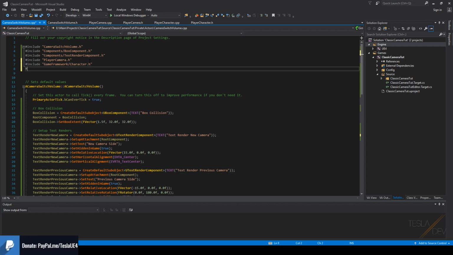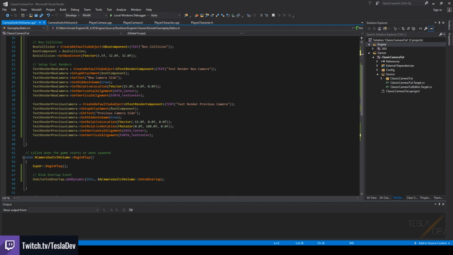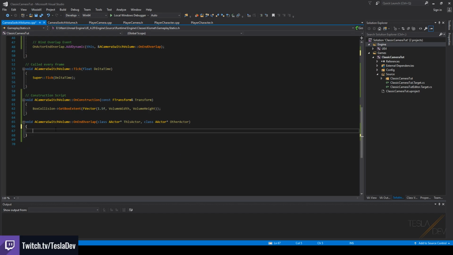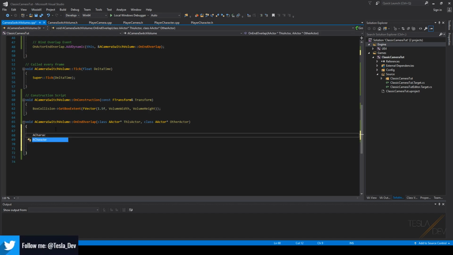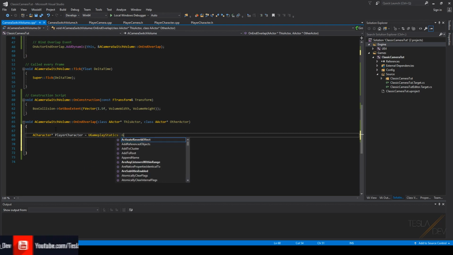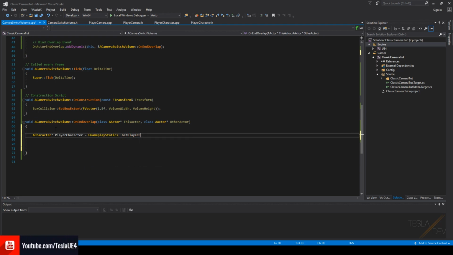And the second header file we're going to include is the Kismet/gameplay statics header file. Let's scroll on down to the on-end overlap function, and we are going to declare a pointer to a character actor, and we're going to name it player character. And we're going to set this to the get player character function from the gameplay statics. And the first argument will be the get world function,